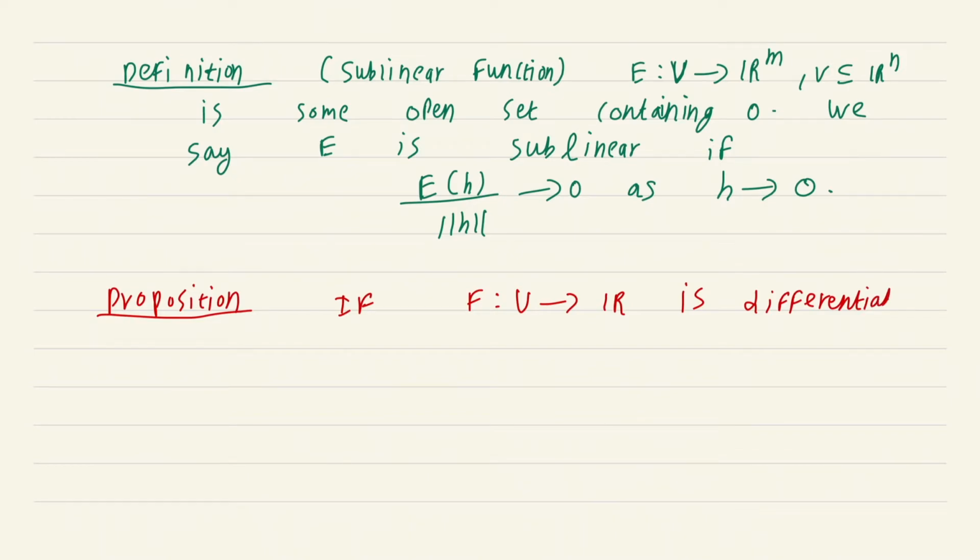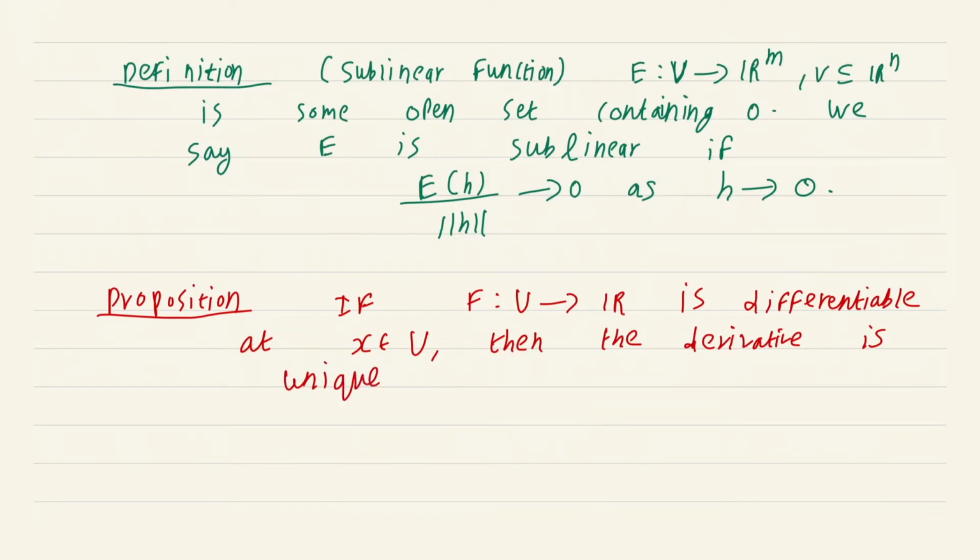at x in U, then the derivative is unique. You cannot have two different expressions parading as the derivative. Okay, so the proof of this is rather easy. Proof: